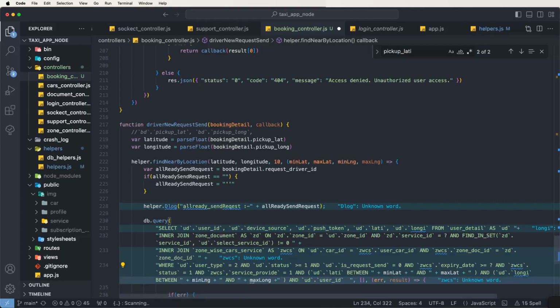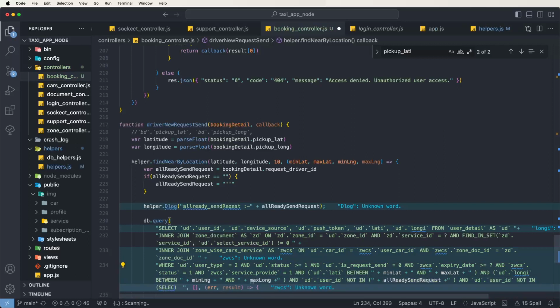user id and not in, need to write down here, and write down already sent request, and check ud.user_id not in, write down here one select query, driver id from